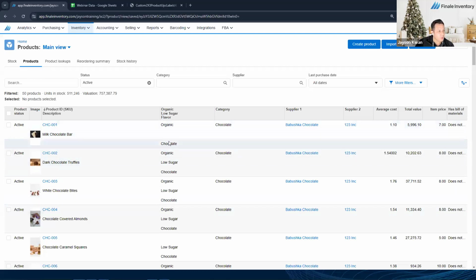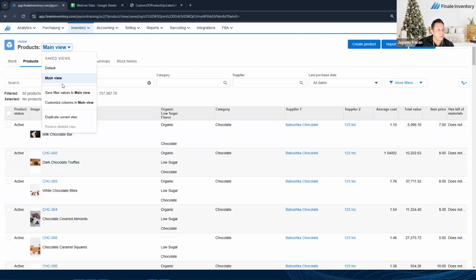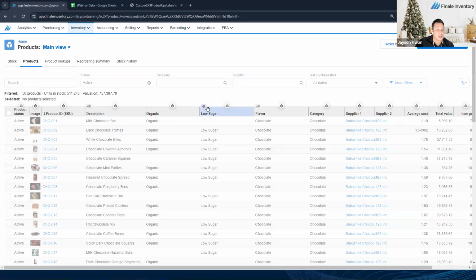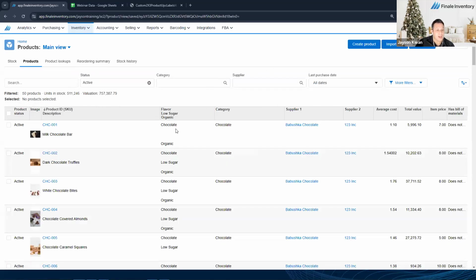Now, if you don't like the order of what they're appearing, you can come back here, customize the columns, and then you would just need to unstack them and drag them around. So if we unstack here, let's say, you know what? I want to see my flavor on top, followed by the sugar, and then we're going to stack them. So let's go ahead and stack with the left, and we save them here. And now we're going to see that the flavor is on top, followed by the sugar, and then going with the organic. And so you're going to narrow down the list and let you have more information on a single